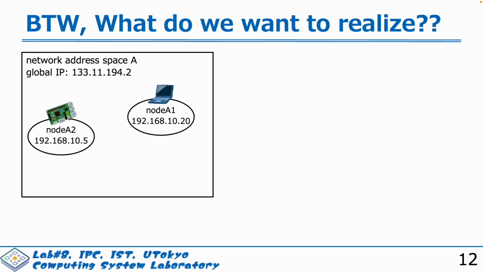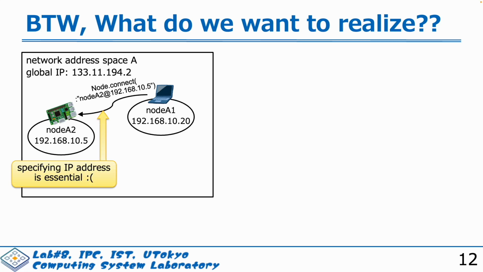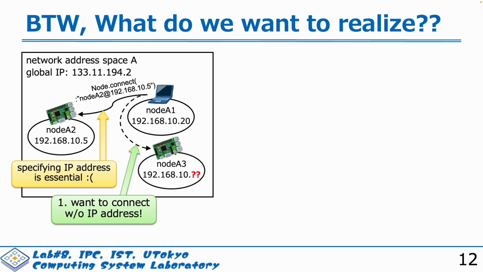By the way, what do we really want to realize in our project? We want to connect any nodes in widely distributed environments easily. Please imagine that two computers are in the same network and they know each other's IPs. In this case, Elixir offers the Node Connect feature to connect them in the network. Node Connect is very useful, but we always have to specify the node name and IP address of each computer. But please consider the case where you don't know the computer's IP address in the network. How can we connect with such a node without its IP?